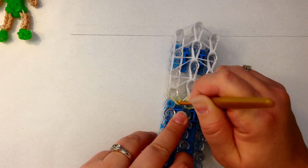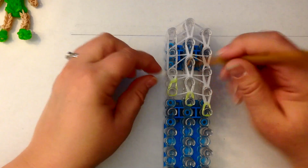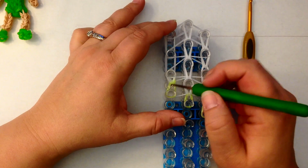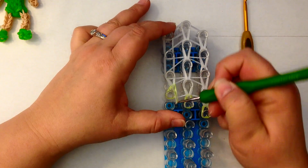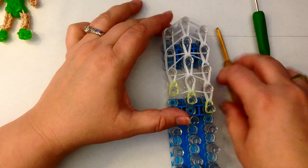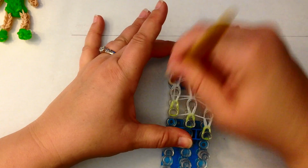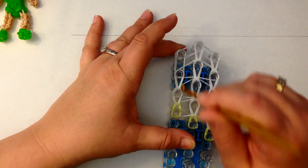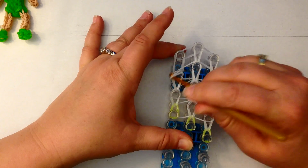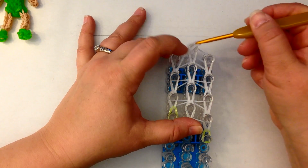Push that crossover band back with your hook. Now I can see that this little green band has come off the peg. It doesn't really matter because I did manage to loop up the bands. Make sure you get both. Okay, at this point we're doing the side ones